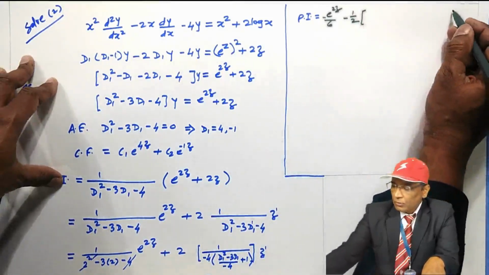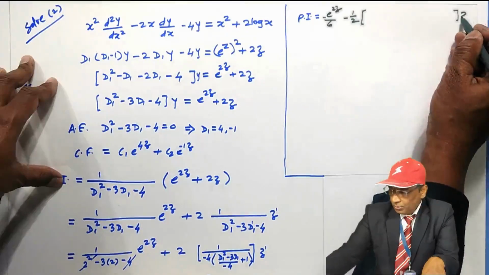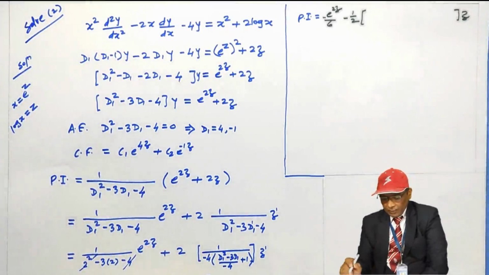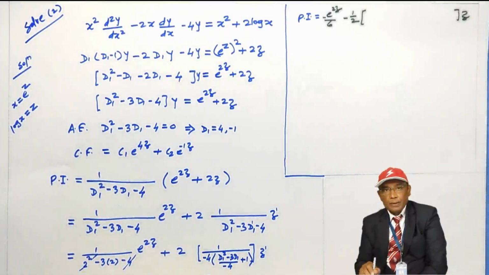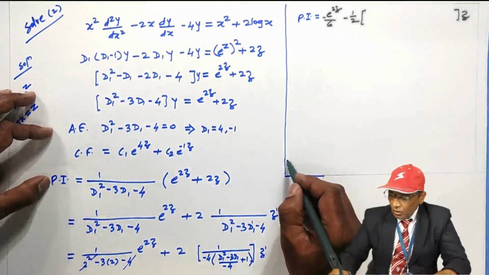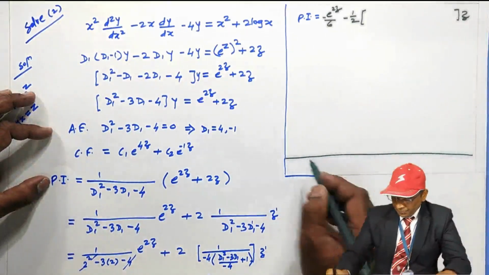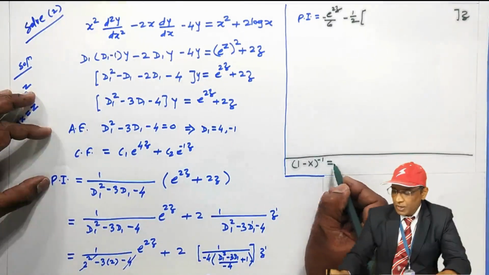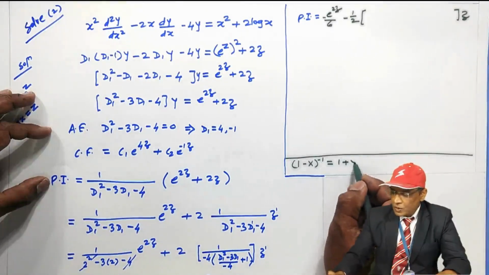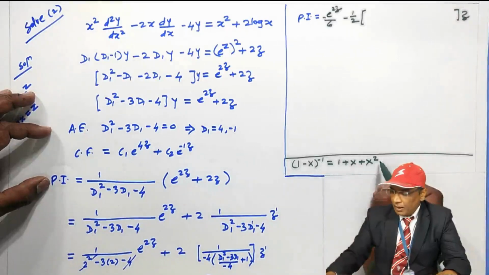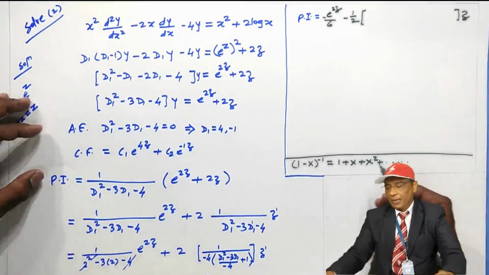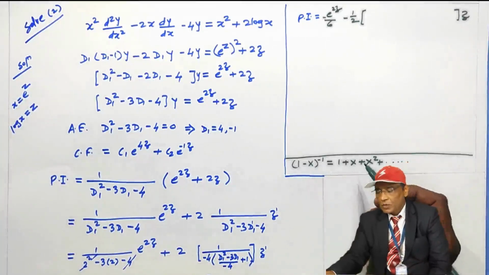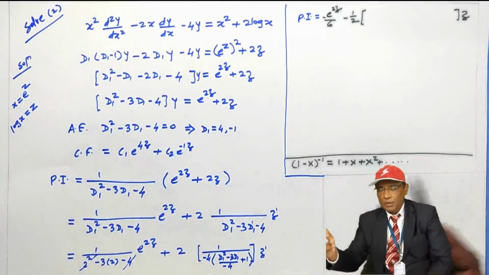Now when you pick the denominator into the numerator while operating on an algebraic function, what did I tell you? Expand it using the formula or binomially. See, 1 minus x to the power minus 1: what is the binomial expansion of this? 1 plus x plus x squared plus x cubed and so on. And if plus is there, then 1 minus x plus x squared minus x cubed, alternately plus and minus sign.